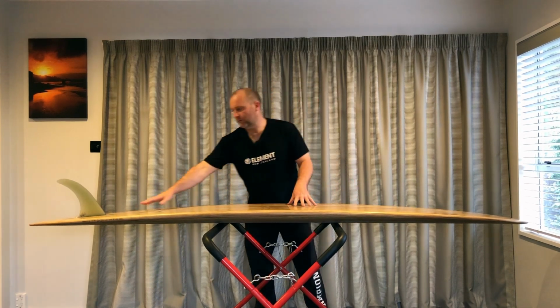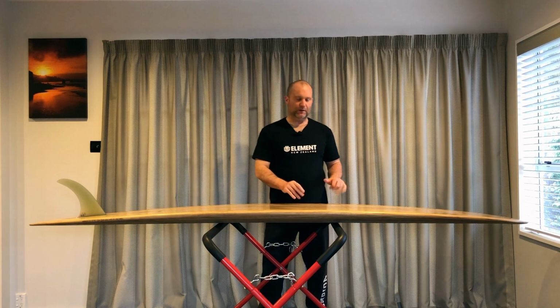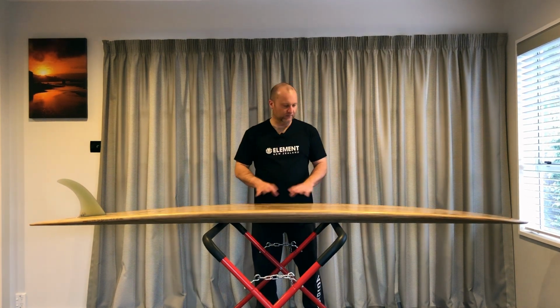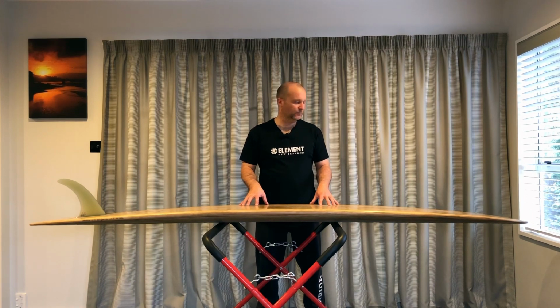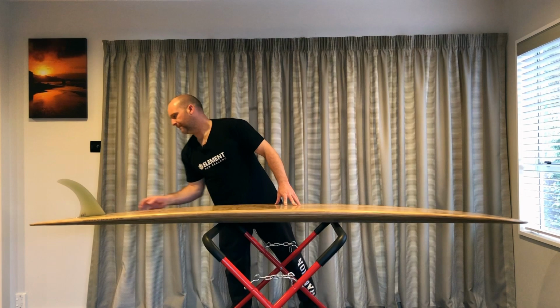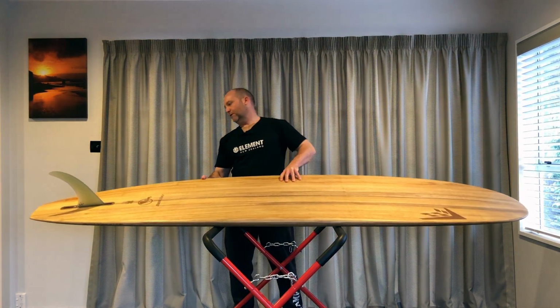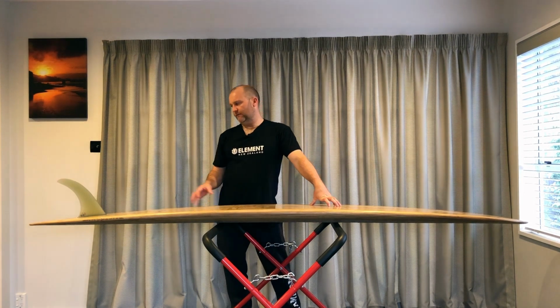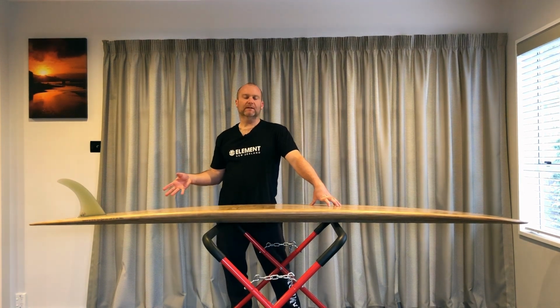There might be a little bit of V around this back fin, but the bottom of the board is either extremely subtle or virtually flat, which I actually like. So it's a simple board, it's smooth, it rides well. Nice single fin. I've gone for this Captain Fin Co Christensen Tracker in a 9-inch. That feels really good. Every time I've tried something else, I've gone back to that because it just